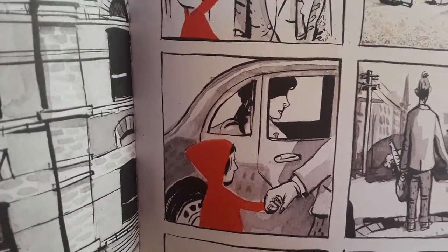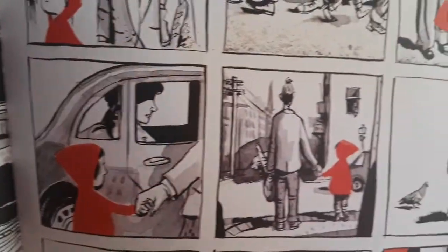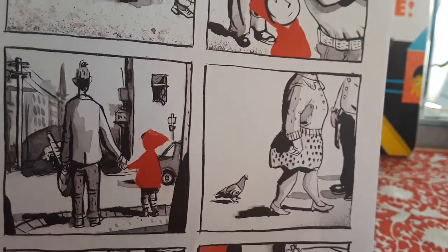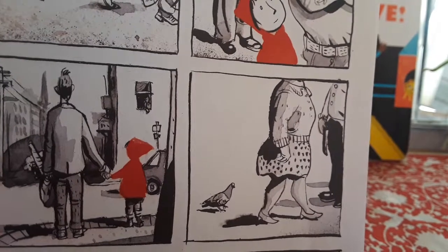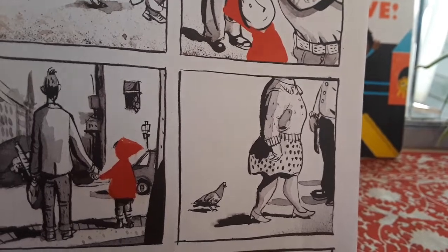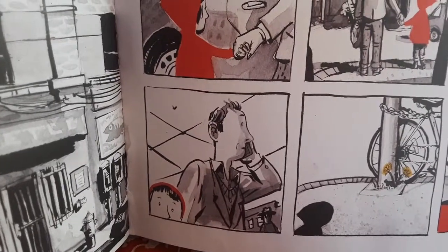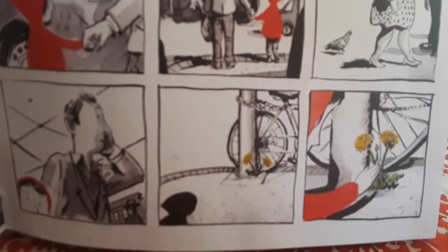As they're walking, she sees a lady in a car. They're waiting to cross the street. And she sees a pigeon and a lady wearing a skirt and heels and another man. Everybody is different shapes and sizes. Oh, looks like her dad got a phone call. So he's answering his phone, and she sees